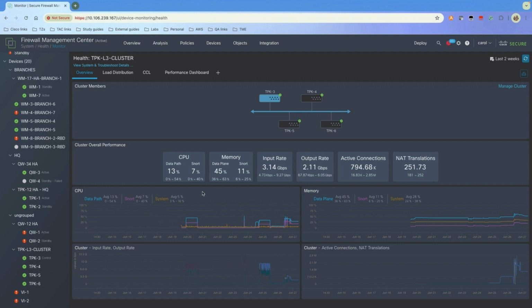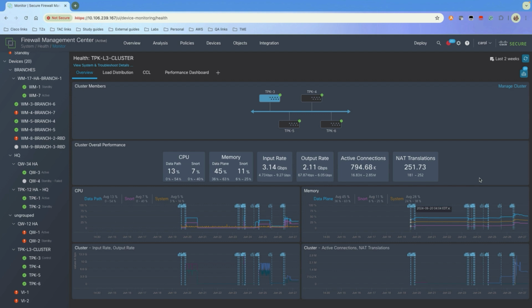Below this, you would view the same statistics in a graphical format. Now over here, I have an icon for deployment details. If I select this, I can view the number of deployments that have been done in the last 2 weeks. And over here, I would see the timestamp of each of these deployments. If I click on this icon in here, it would show me all the deployed policy. In this case, it's just interface policy. So let me click on this. I would see that the policies that are deployed are access control, intrusion, as well as network analysis policy.